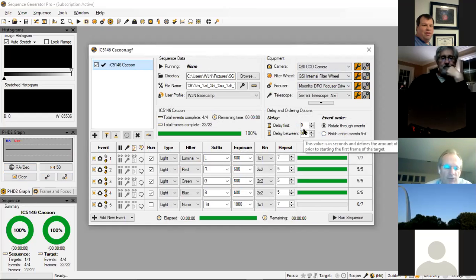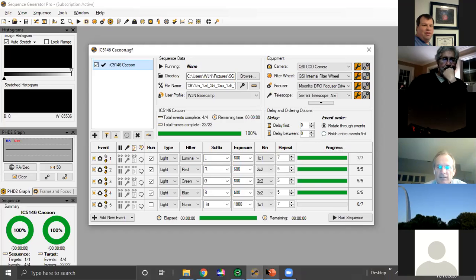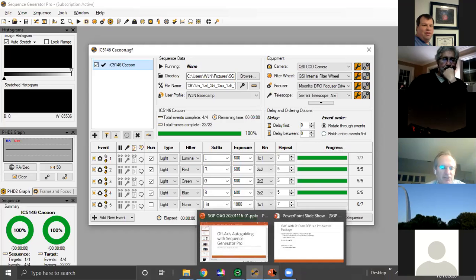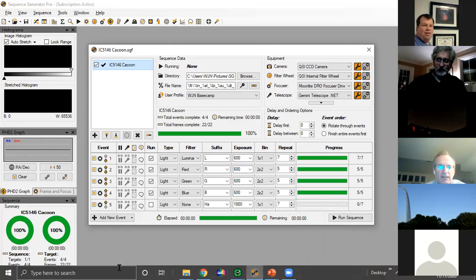But I pointed those out. If you are working remotely or you're setting it up to start up after moonrise, there's virtually everything that you would do in Sequence Generator Pro with PHD that can be automated. I think that's all I have. Sorry, it's a bit of a short topic, but I am kind of curious how many people are using the